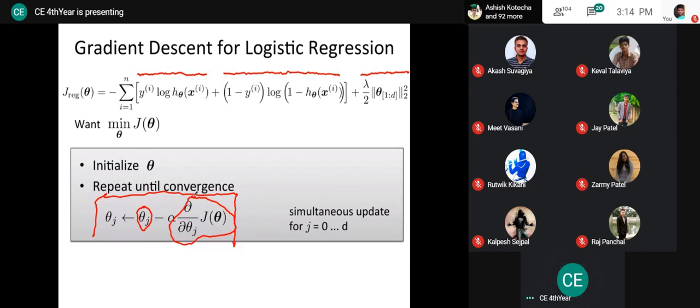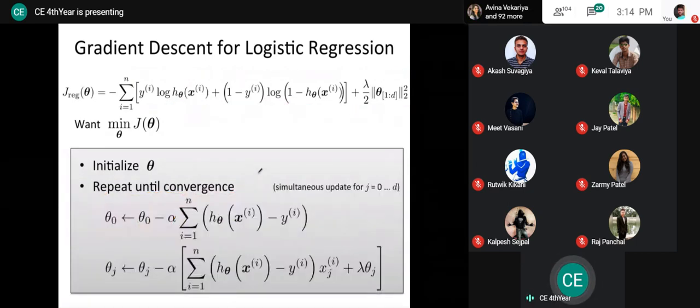Fine. And now if you take the partial derivative of this J theta value, by putting in the hypothesis as well as by considering the log, eventually if you reduce the equation, you may get this result,